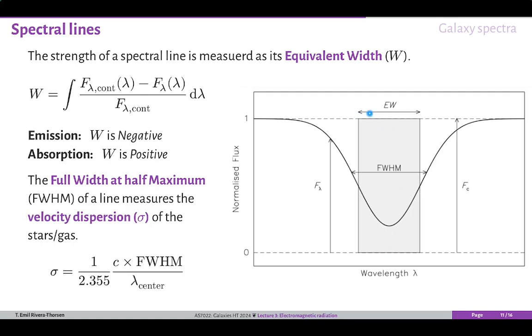And your line profile would be a delta function. But because there is a velocity distribution inside the gas, that also means that there is a distribution of wavelengths at which the emission or the absorption happens. And typically in a normal thermal gas, this velocity distribution is a simple normal or Gaussian distribution, and therefore the emission or the